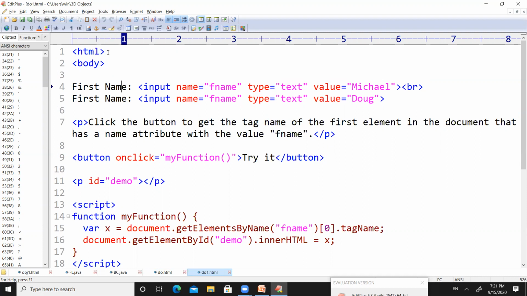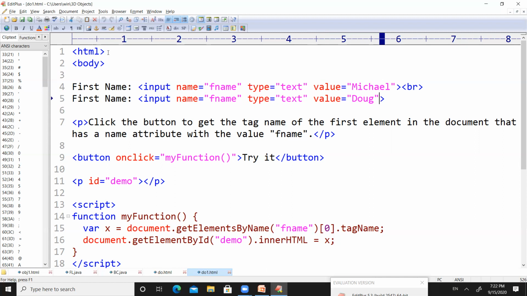Beside the label, we have an input, right? And the type of input is text. That means we can enter some text in that. There it will create some text field. In the text field, we can enter text. So the default text will be Michael in the first field, and in the second field, the default text will be dog, right? So we have created two labels.